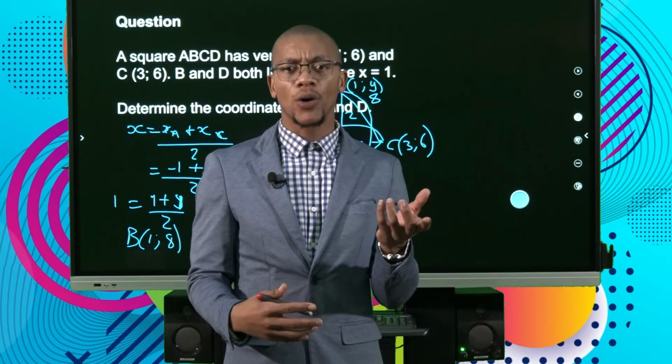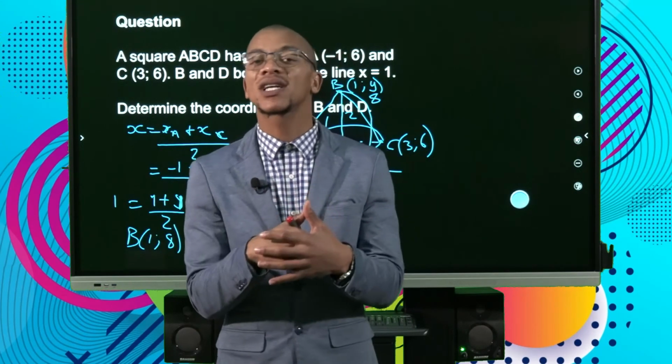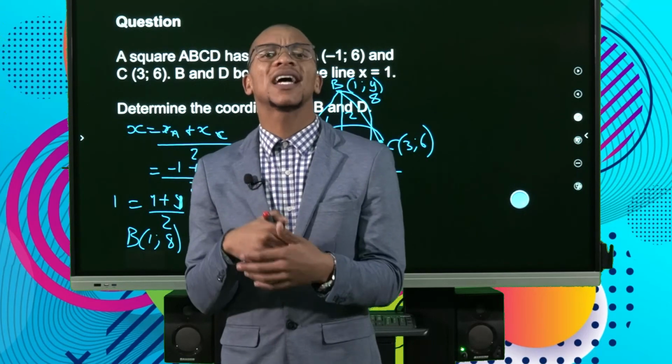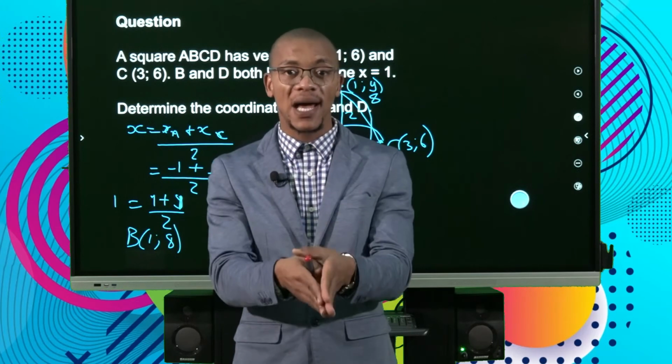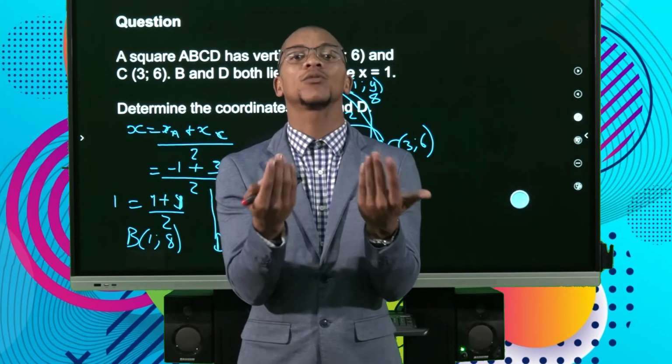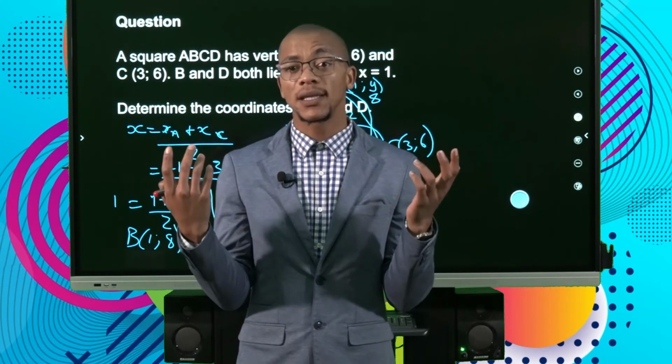I know that the very first thing I thought of using was the midpoint, because we know that the midpoint always gives us the coordinates. But here you can see the midpoint does not give you what you want, because then the midpoint will lie on the same line on both the lines, right? It will be 1 and 1, so it will give us 0 per se. Hence, we do not want that. So we are then going to use